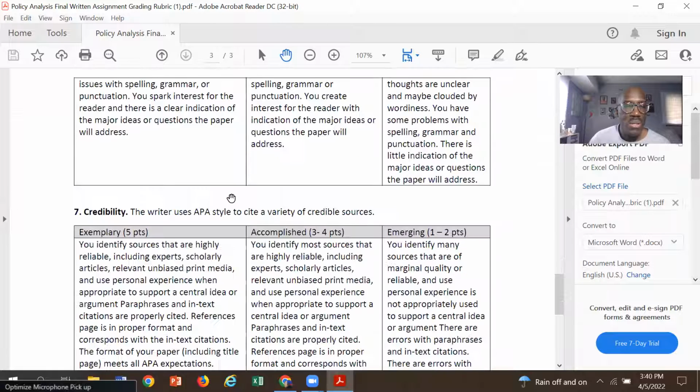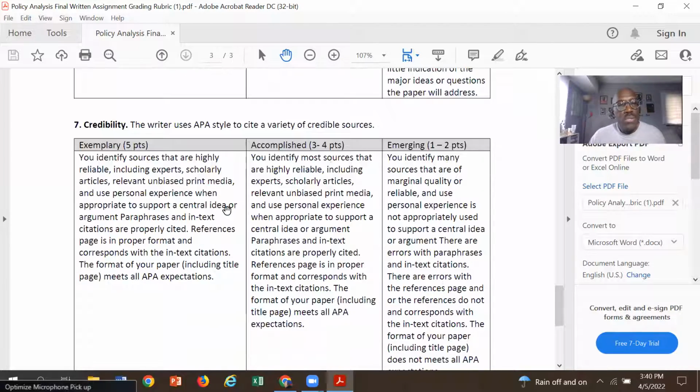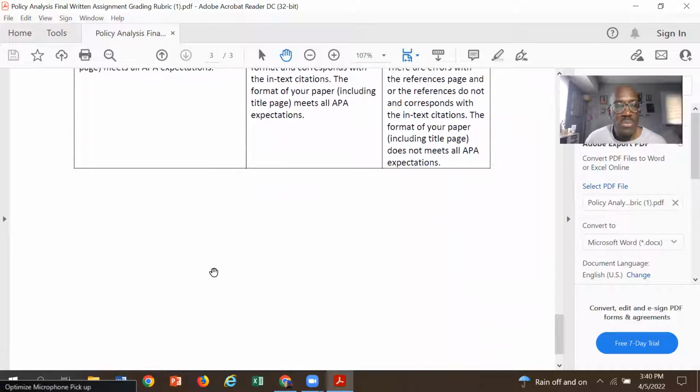Grammar, punctuation, and then also, are you citing from credible sources? Make sure that you're getting scholarly information from experts through scholarly review and unbiased media. Stay away from Wikipedia. It is not designated as a scholarly site, as anyone can access it and change it as needed, so there's no way of knowing what the accuracy is. So resist the temptation to go there, as it relates to credibility in terms of what we're looking at.